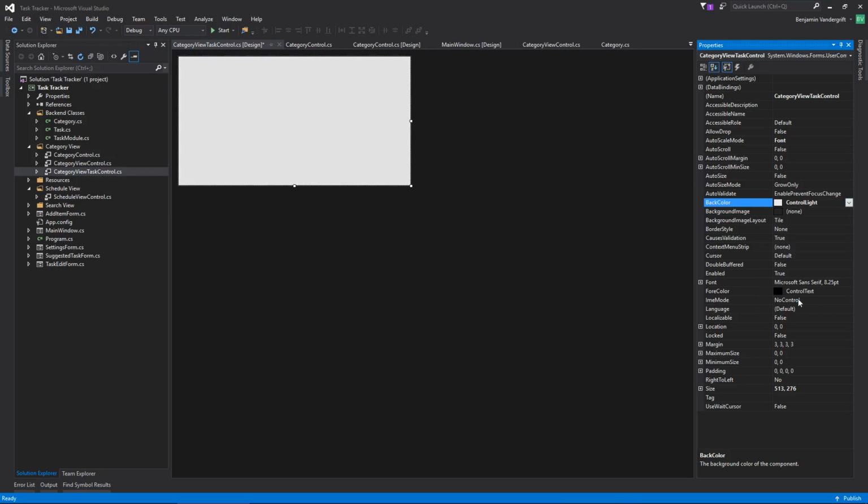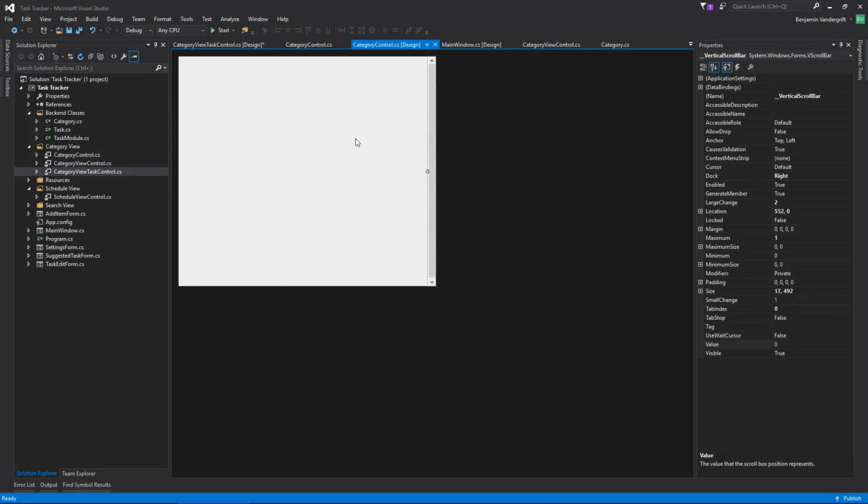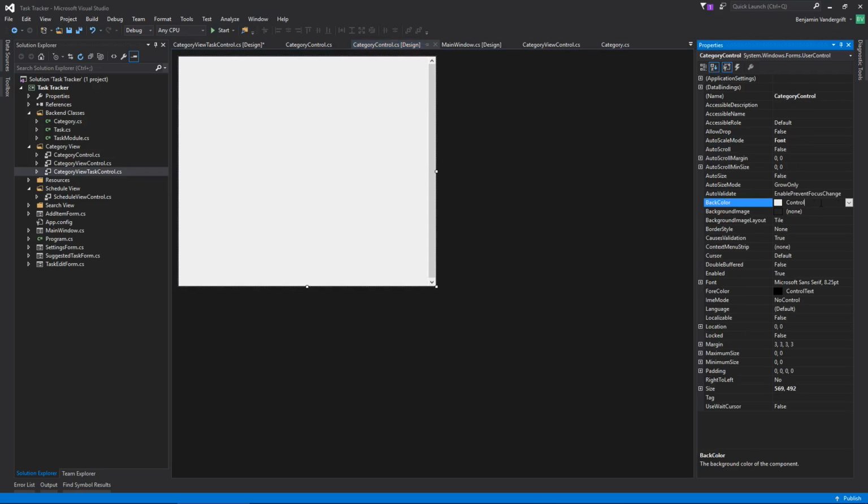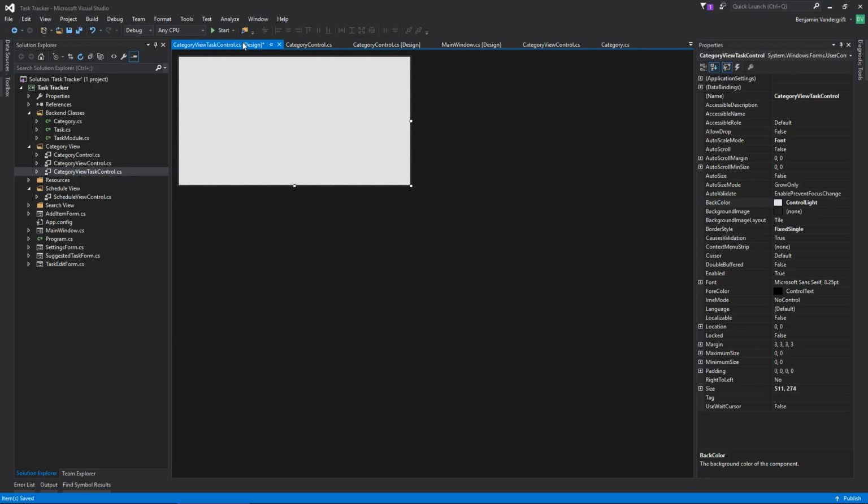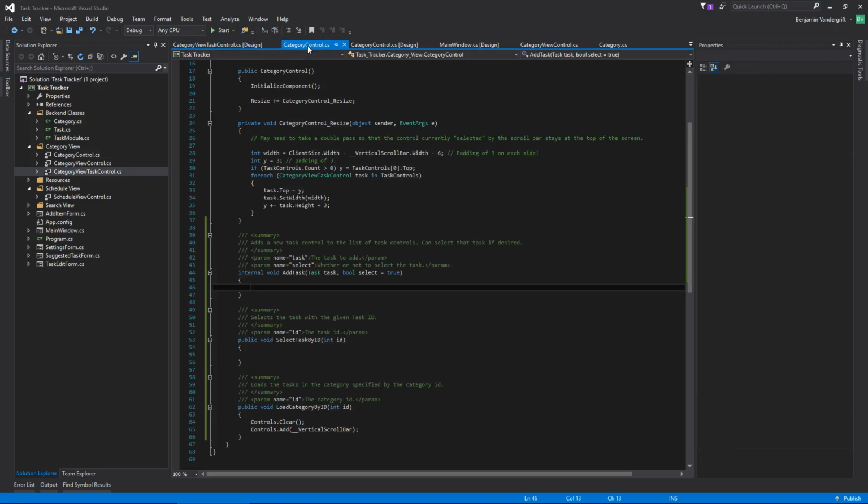I'm going to set this to control light with a border style of fixed single. Fixed 3D looks like it goes down, which I don't want. I like fixed single for this sort of thing. And I also want to go to this guy and set its back color to control dark. So with those minor tweaks taken care of, I'm going to go ahead